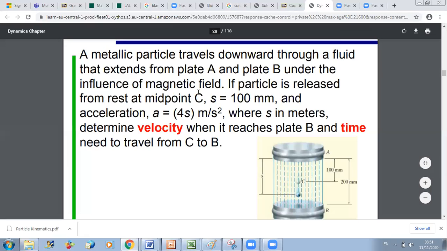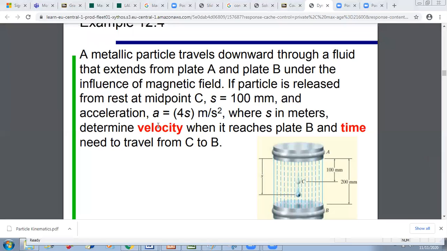So I can directly think about the relation that is independent of time because I want to relate a, v, and s. So I have that a ds is equal to v dv. Okay, if I replace a by its value, I get 4s ds equals v dv. And now I can integrate both sides. So the integration of the first side will give me 2s squared. Okay, and here I am integrating between what and what? Between